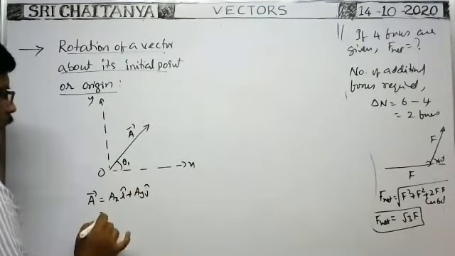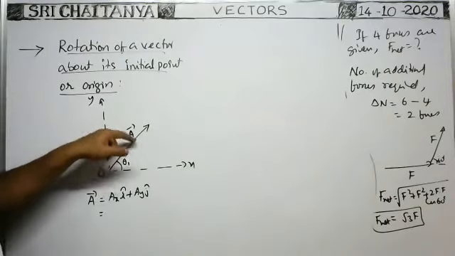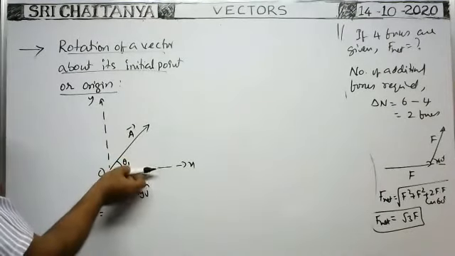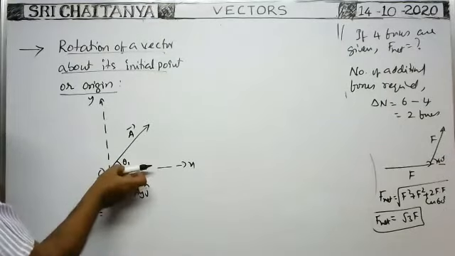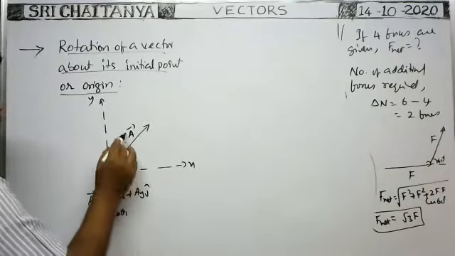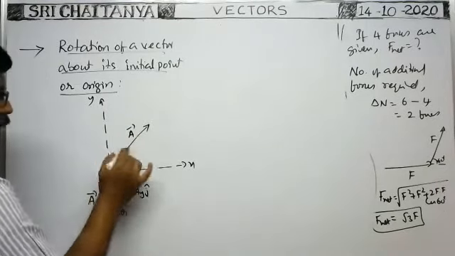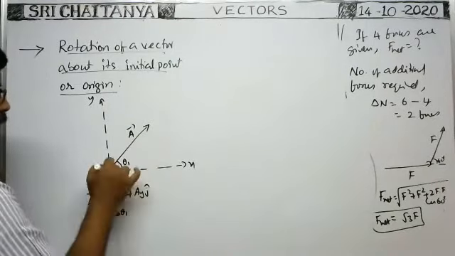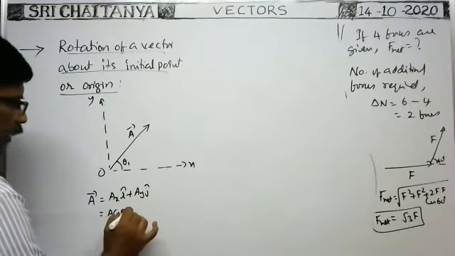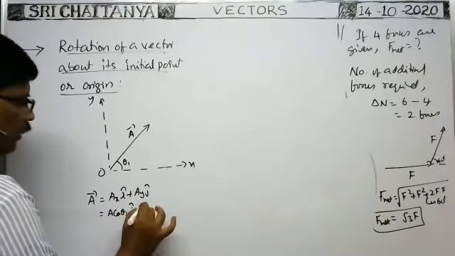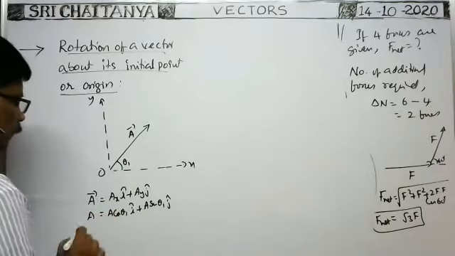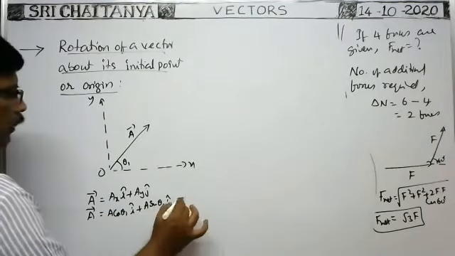What is the x component of this vector? Tell me. Magnitude of a bar is equal to a. Then the component along x-axis is the component adjacent to the angle. That's why it is a cos theta 1, because the magnitude of this vector is a. The component along x-axis is a cos theta 1 and along y-axis is a sin theta 1. So a cos theta 1 into i cap plus a sin theta 1 into j cap. So this is the given vector a bar.